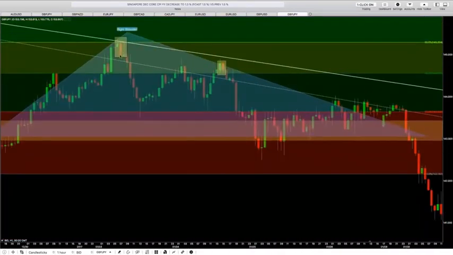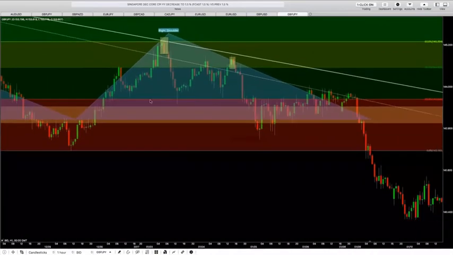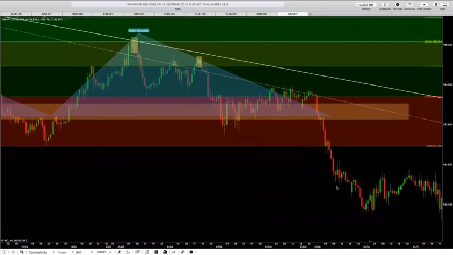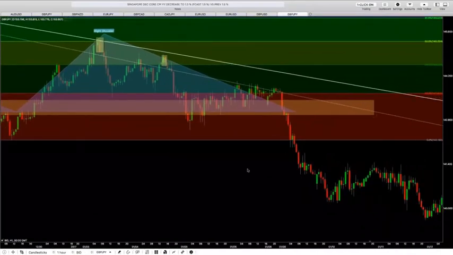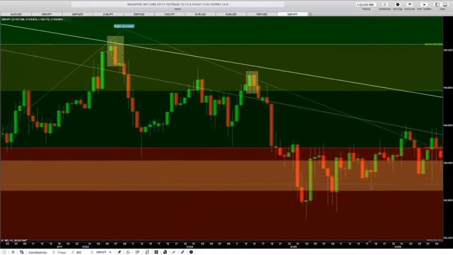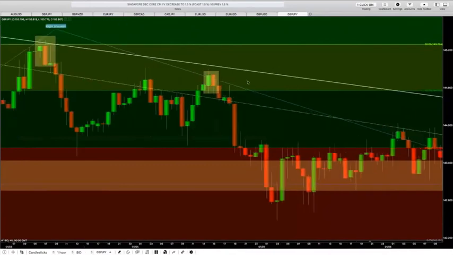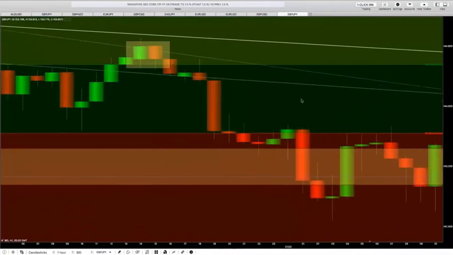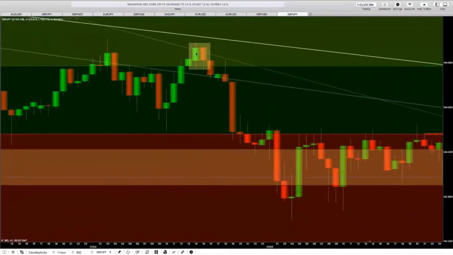Now, in the event that you did not get in on this trade, because it happens to a lot of people, people don't want to get in on the first move. They'll usually look for the second move in the market, or they would wait for the break and the retest. So what was the second entry point that the market gave us? Here we go. The market came down, broke back up, and then right at that trend line, the market gave us another pattern, known as a railroad pattern.